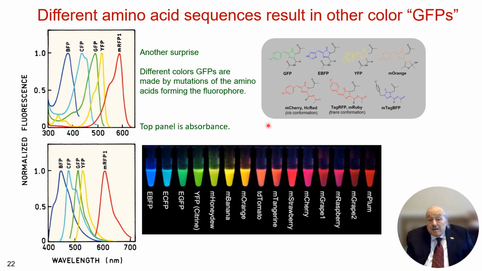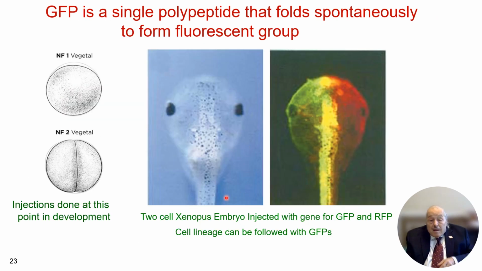autocatalytic reaction was not all that sensitive to the amino acid sequence. So by substituting different amino acids right in that site, they could make different color GFPs. So even though the GFP can be any color, I'll just call them all GFPs. And by the way, this top one is an absorption, so it's not completely properly labeled. To show how